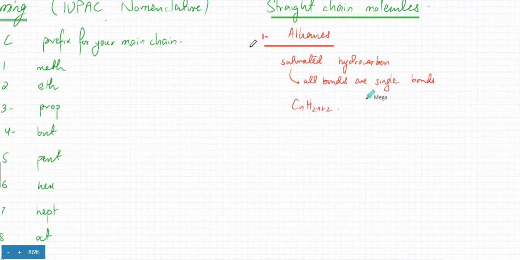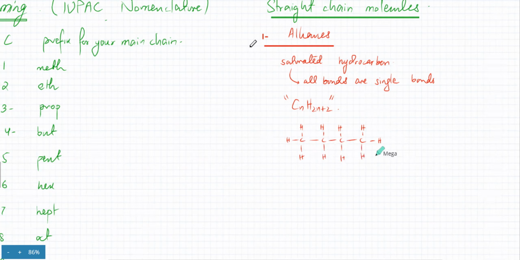Acha, but that's the general formula. n is the number of carbon atoms. But it doesn't really work in most cases. So remember, from now on, the general formulas are kind of irrelevant. They don't really work most of the time. But I can show you an example. For example, I have an alkane with 4 carbon atoms. General formulas only work for very, very simple molecules. And in A levels, we won't be dealing with simple molecules, which is why the general formula fails.